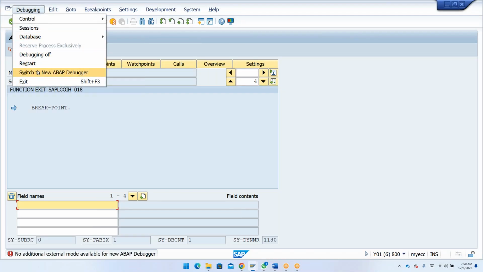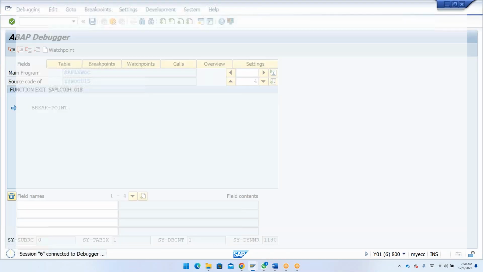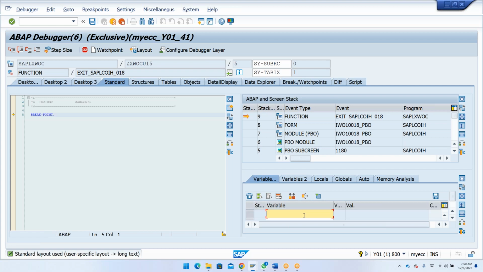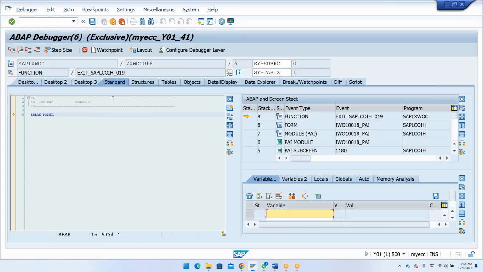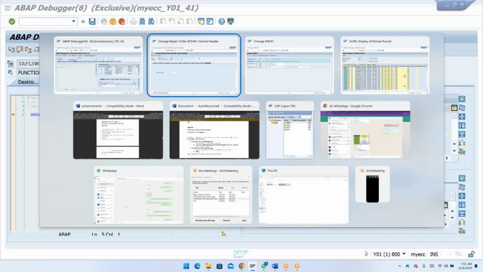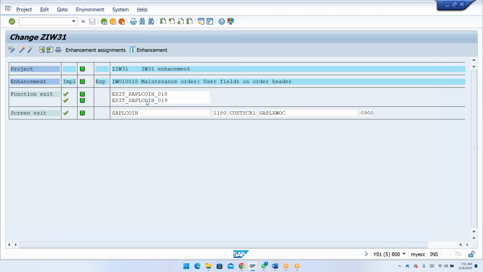And I'm going to switch to the new ABAP debugger. So here you need to get your details and pass them to your structure. Now if I go here and say 56 and click on save, you will be getting your 19. So if I open my 19,